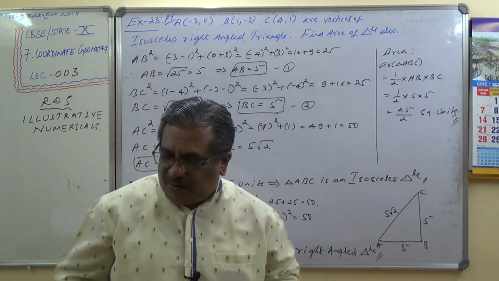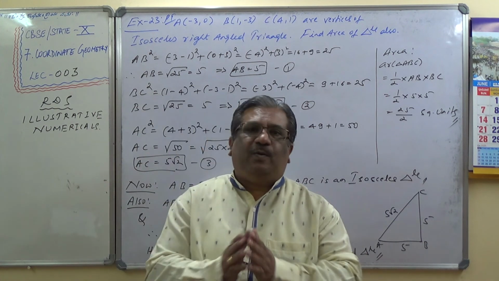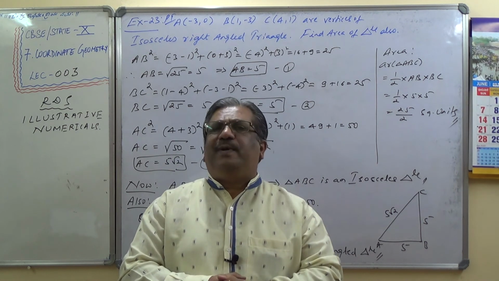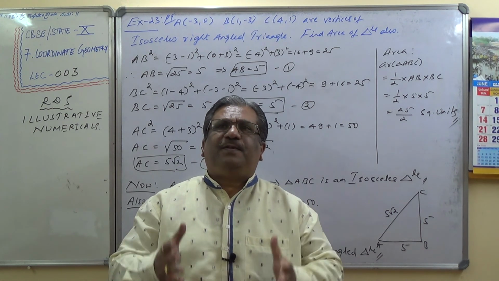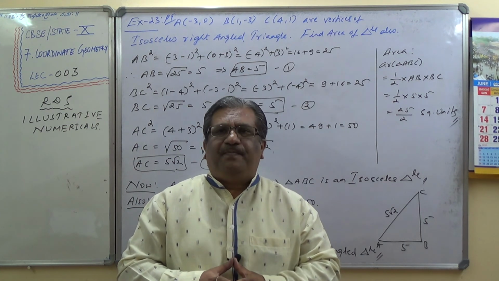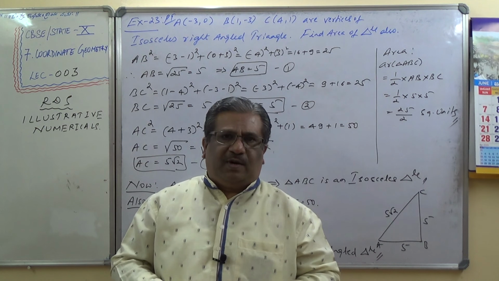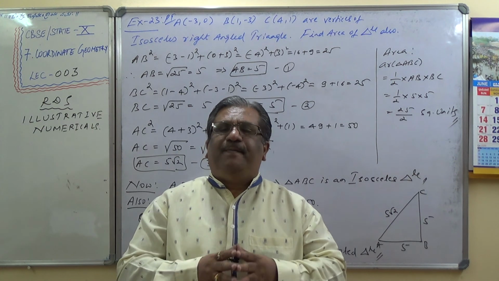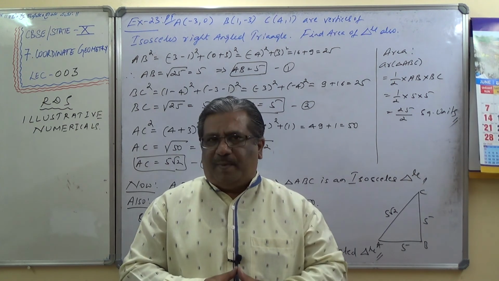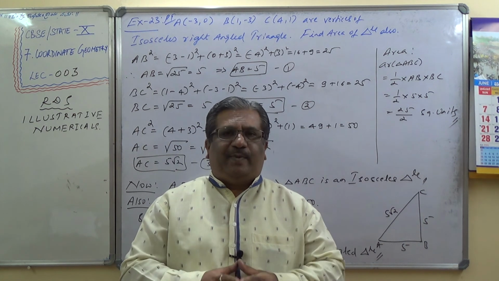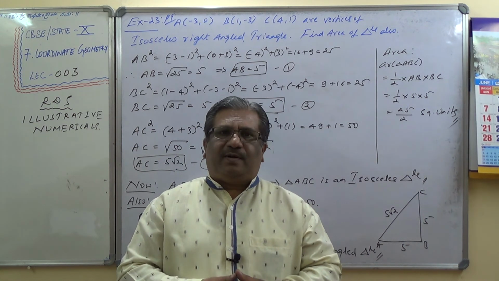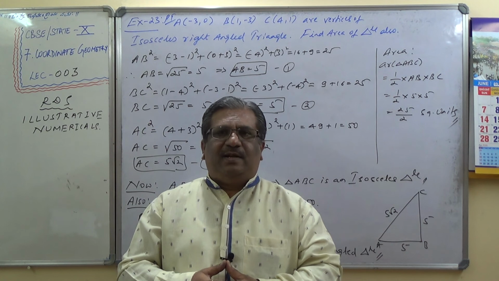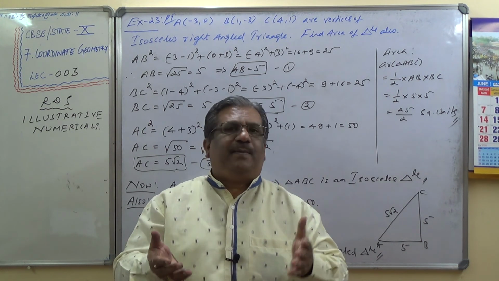So with respect to the first section, that is the distance formula, I have solved many numericals from R.D. Sharma. Most of the questions are previous year questions, and similar types are there in the textbook also. So for this chapter, the remaining exercises or sums in the textbook need to be solved by you. If there is any difficulty in the textbook sums, exercise or example, you get back to me. But I am pretty sure whatever I have solved so far with respect to the distance formula, the different types of numericals, definitely you will end up with one or the other type in the textbook.